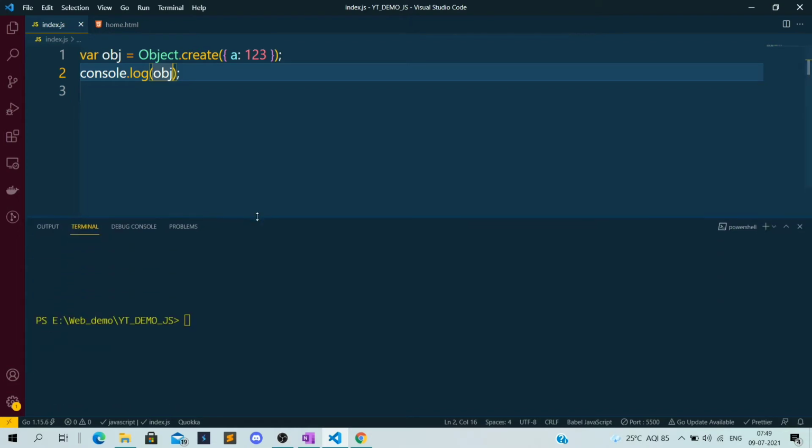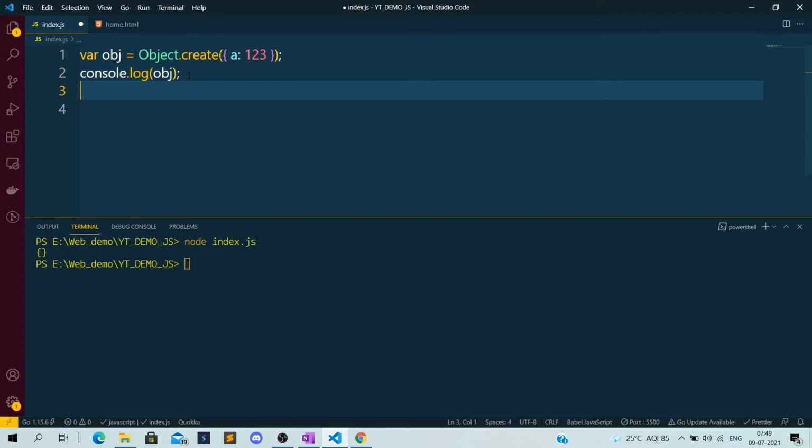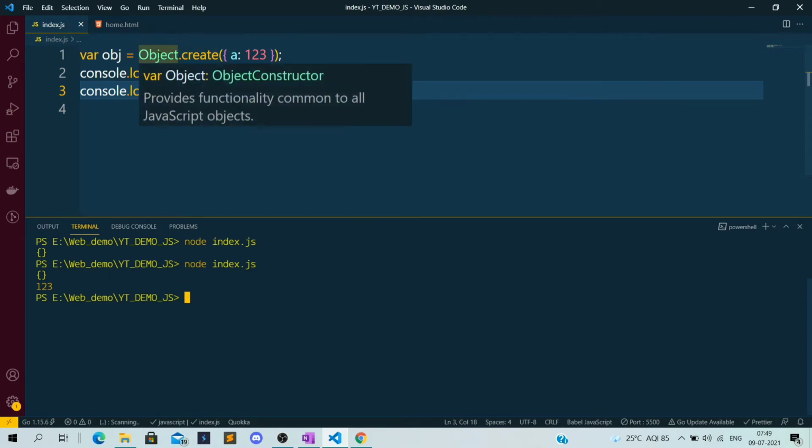Now if I run this file using node index.js, it shows the object. Now this object has access to a. If I try to print obj.a, it will print 1 2 3. See, it's getting printed, 1 2 3. So this is how we can create an object using the create method of Object.